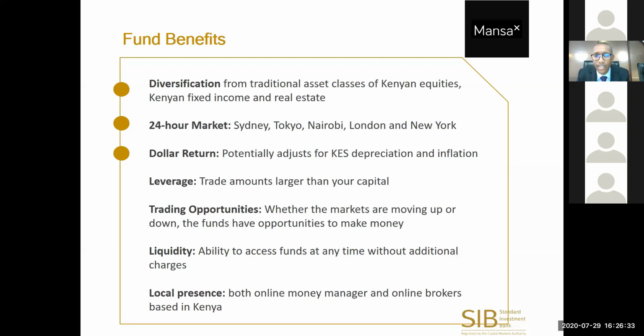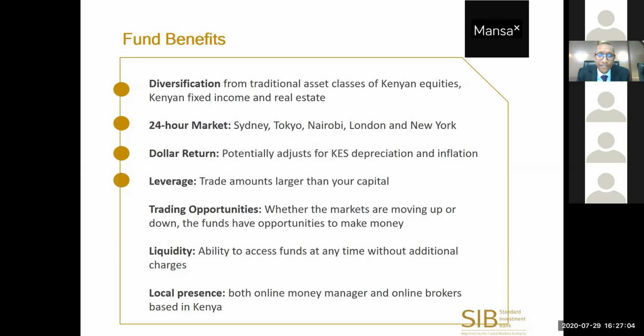So if you look at how the shilling has traded this year, for example, it's lost about 6% of its value year to date. And if you therefore are in some investments that were foreign currency denominated, particularly in the dollar, then you'd have been intrinsically earning a return just by doing nothing, even if that particular investment did not return anything. And that's a big advantage for our investors.